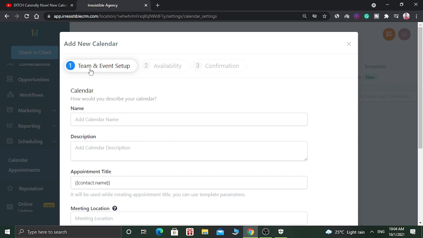So here it says team and event setup, and first of all you have to give the name of this calendar. Let's say test appointment calendar, and you can give the description also.